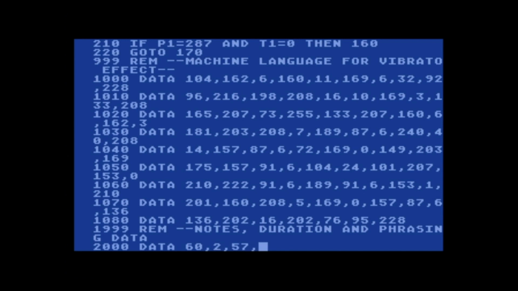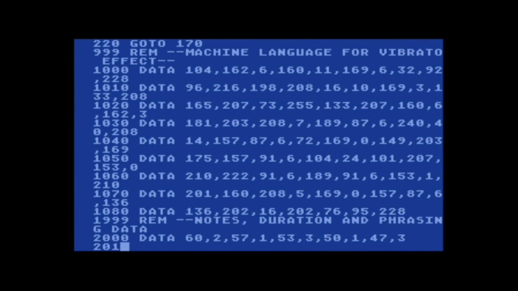So 62, 57, 1, 53, 350, 147, 3, 2010, data, 45, 2, 47, 2, 50,